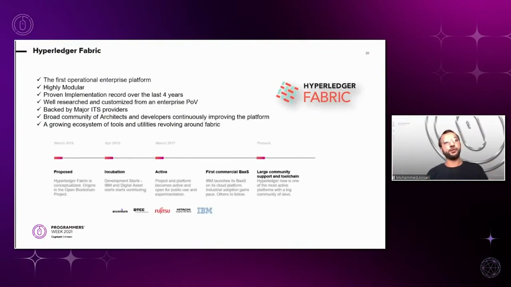Now, a little bit of history of Hyperledger Fabric. It came into existence in 2016. Basically, 60% of the code base was contributed by IBM and an organization called Digital Asset. And by around 2017, we had a production blockchain service running, which was probably the first production-grade blockchain service, launched by IBM in March of 2017. And since then, this space has grown a lot. We've been seeing a number of different players launching their Hyperledger Fabric services like Microsoft, Oracle, and Amazon.